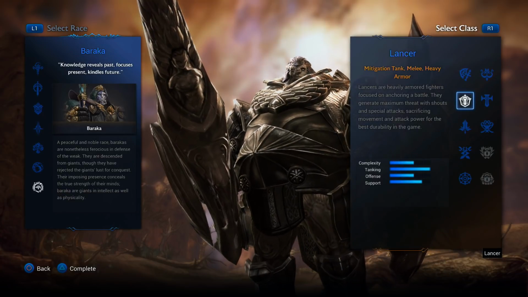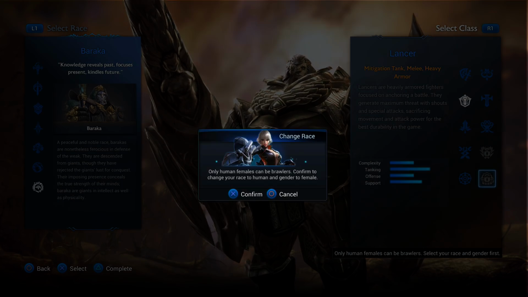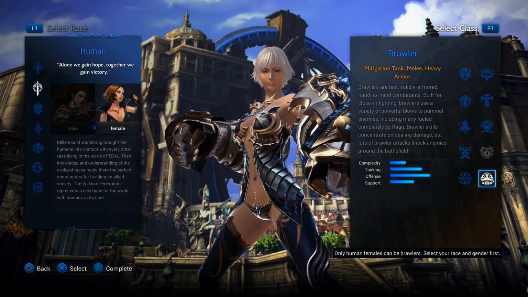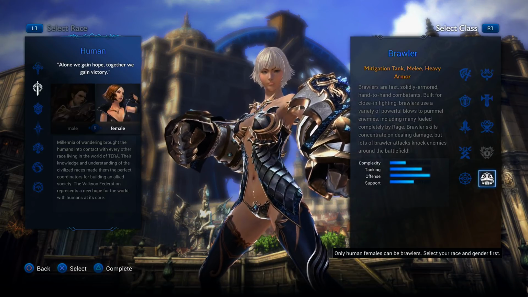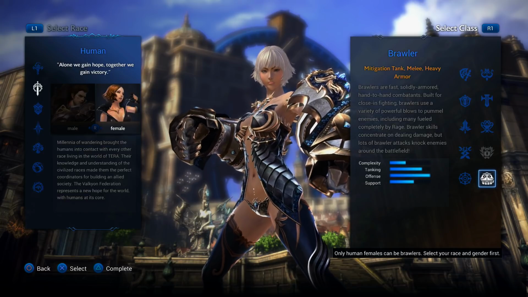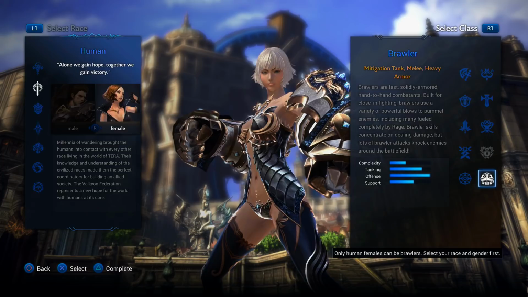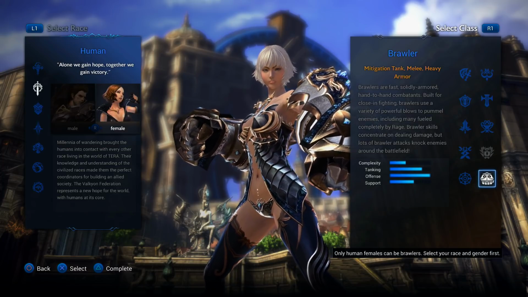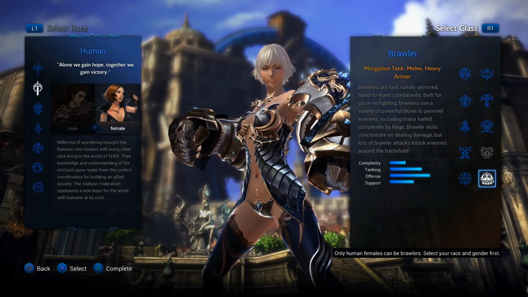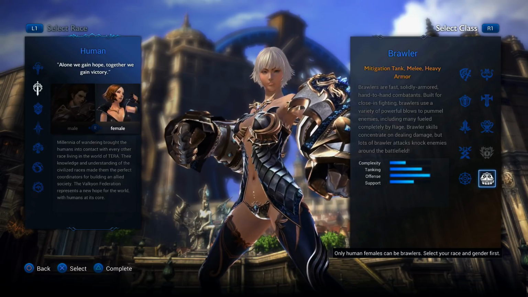Moving right along, we'll go into the Brawler, which is down here. Now, the Brawler is a tank, but it's also DPS. It's something I like to call a hybrid. So the Brawler is a high damage tank that's pretty easy to play. The Brawler can keep up their damage and defense by keeping up their Fury buff. They kind of have another resource. The challenge is to keep this buff up so you can